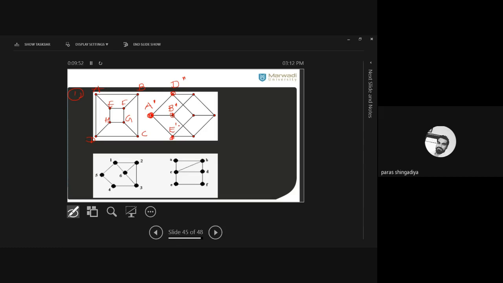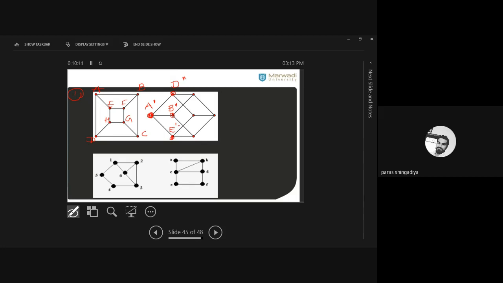Here, that is a 3. So here B dash also should have degree 3. What is the degree of D here? That is a 3. So D dash should also have degree 3. Clear? And same for E. And now you have to put a remaining vertex image that. Which are the remaining? A and C are the remaining. Okay. B dash is already mapped. Now let's put the C.